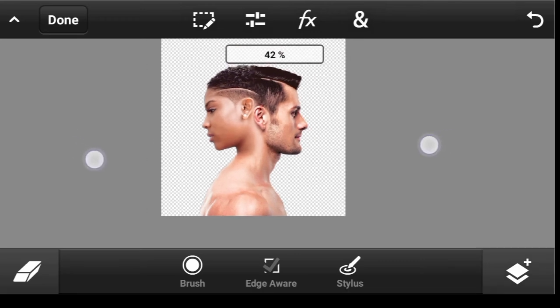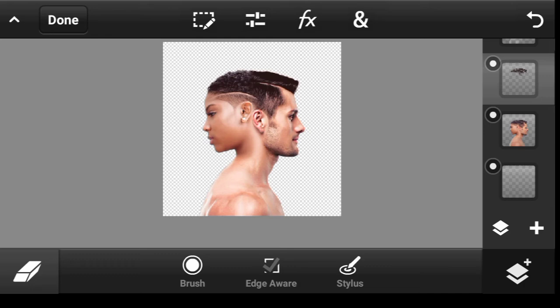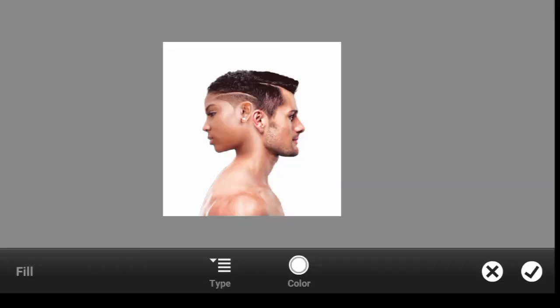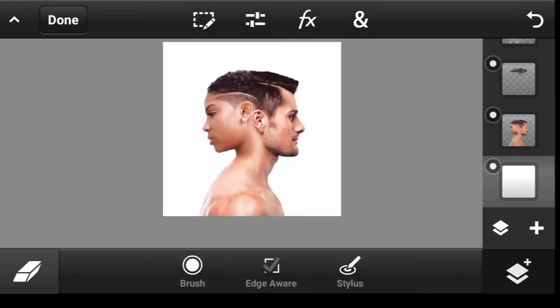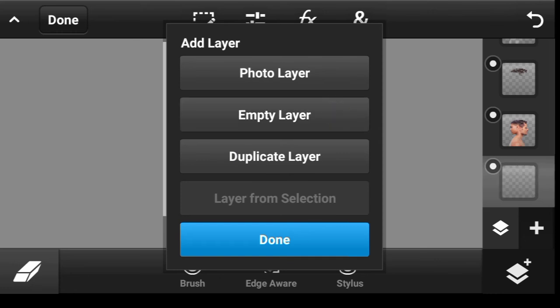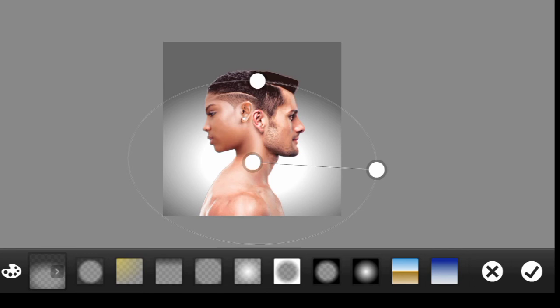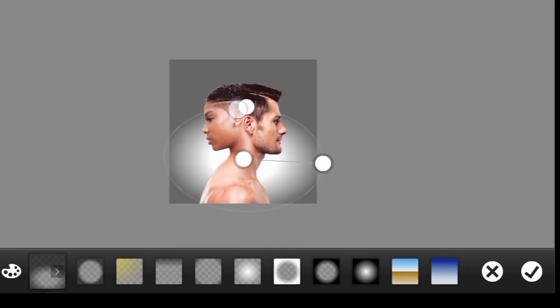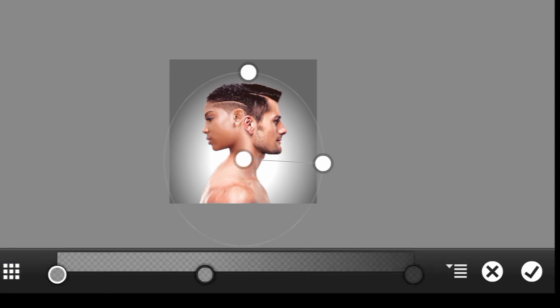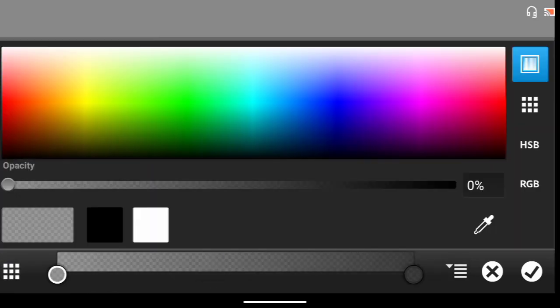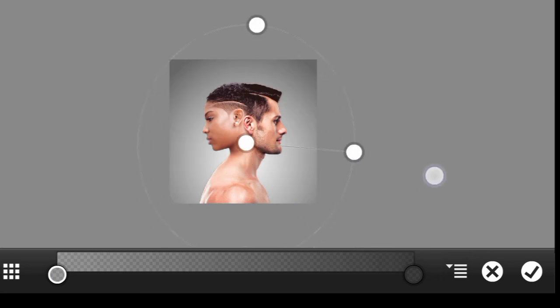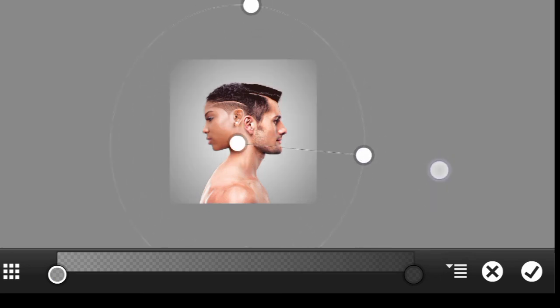Okay, nice. So now let us give this a background. So click on the bottom. This one is an empty layer. Click right here, fill it. Done. Add an empty layer above it. Then click right here, click on gradient. So use a radial gradient like this. So let's click right here. Let's take this part up. Okay,